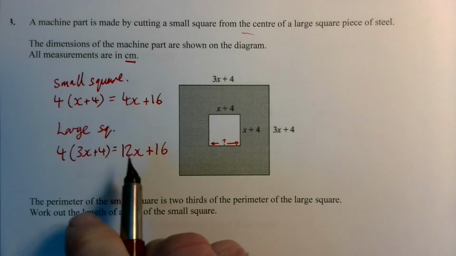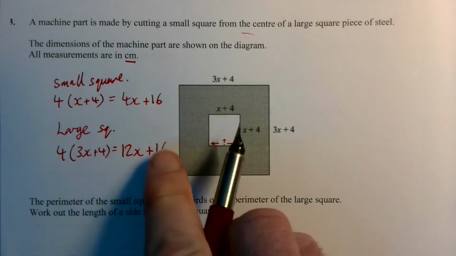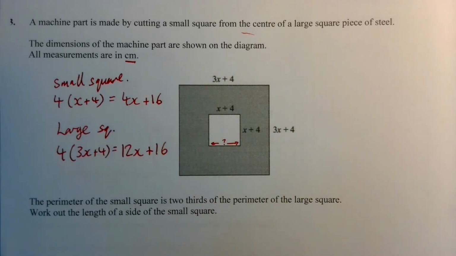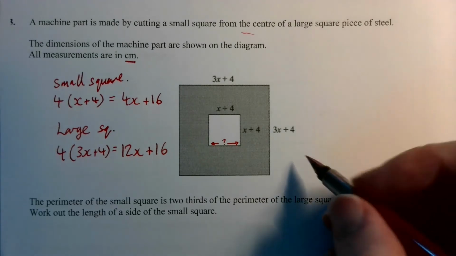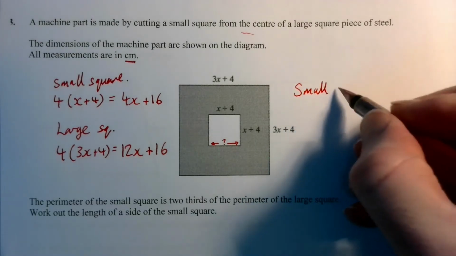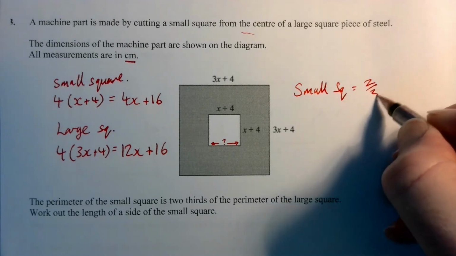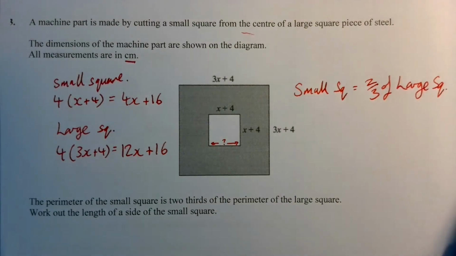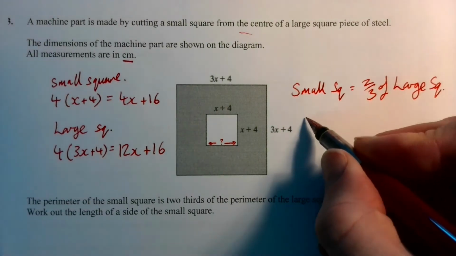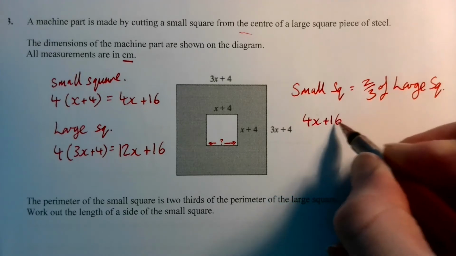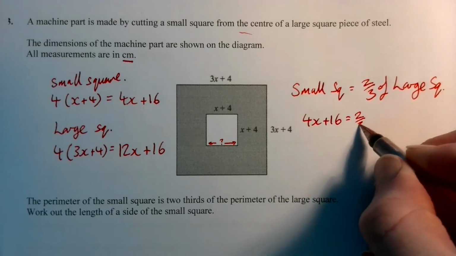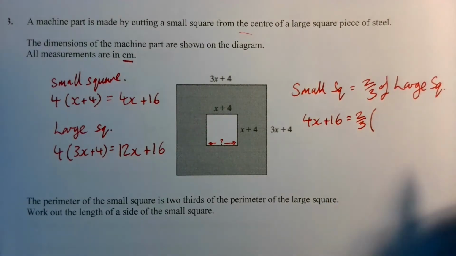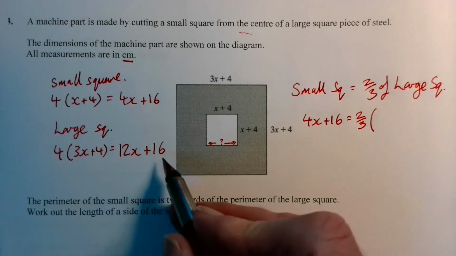That means if I times this by 2/3, I would have 2/3 of it. That would be the same as a small square. So I'm going to make an equation that means that. So small square equals 2/3 of the large square. So 4x plus 16 is equal to 2/3 of. Now of means times. So, and we can times something that's a bit complicated by putting it in a bracket of